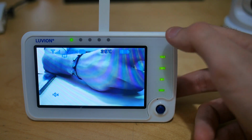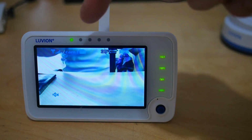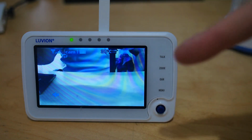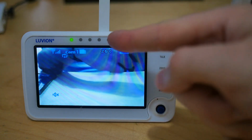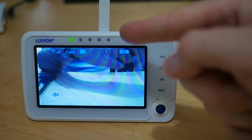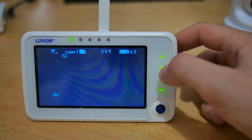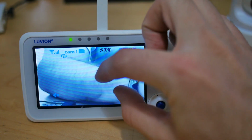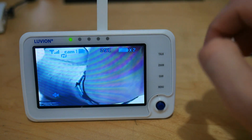That's very useful. Same coming back as well, you'll see there's lights at the top here. That's actually the audio coming back from the webcam. Now to stop feedback I've got the audio turned off, but even with the speaker off, I can still see when the baby's making noise. That's quite a useful feature. Let's go down to zoom. The whole point of zoom is to be able to zoom in and out of the system. On the Android app I'll show you, you can use your